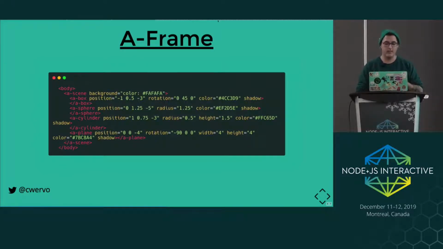Here you can see this is a normal body, and then everything inside of here is A-Frame code. It all looks like HTML. In fact, this library precedes the web component spec, but it was modeled off of web components. So everything has a dash in it, and everything starts with a-dash. A-scene is the top level, and that gives you your 3D environment. And then anything you put inside of here that A-Frame recognizes, it will actually create for you in a full